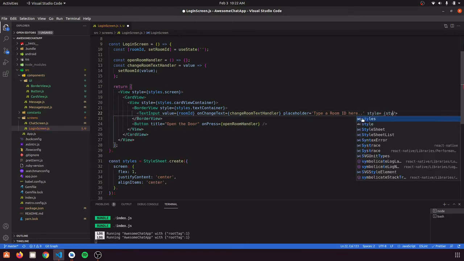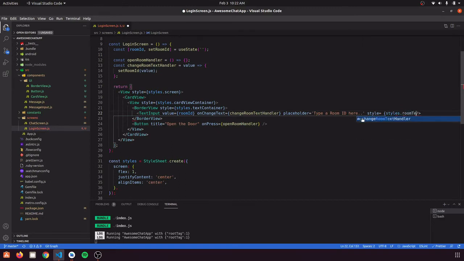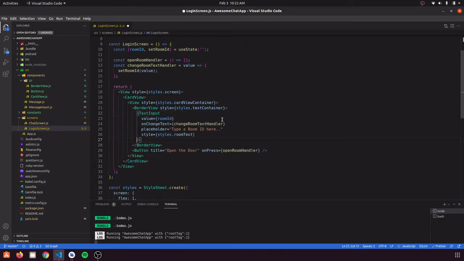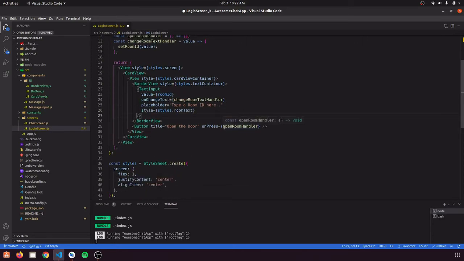Style would be equal to styles dot room text, let's say. This style would be for centering the text in that text input, otherwise it would come at the left, that is the start of the text input. So now let's define some of the styles that we have created there.